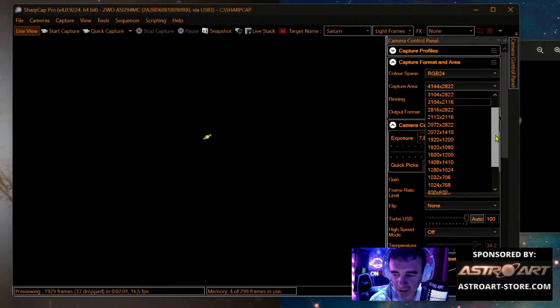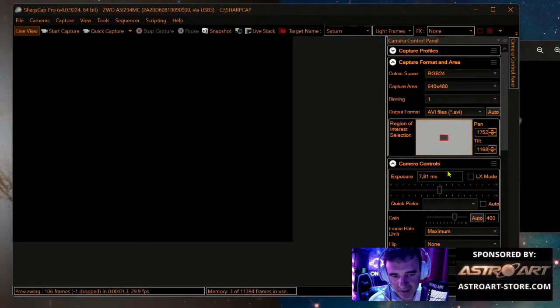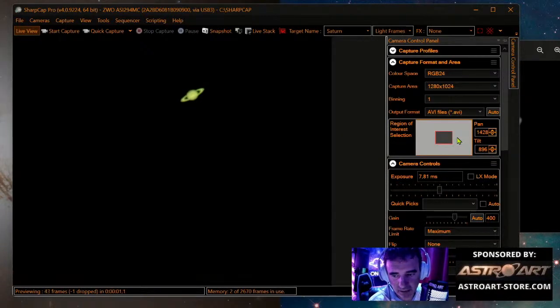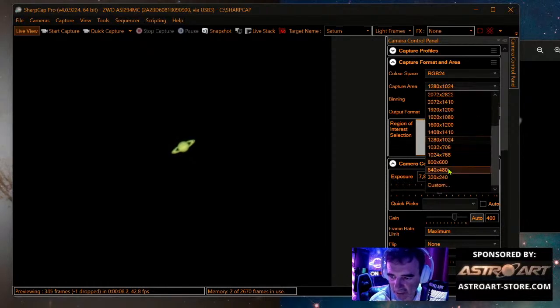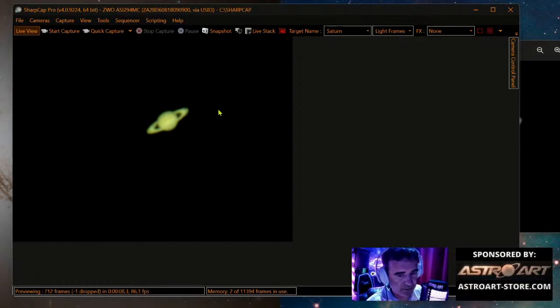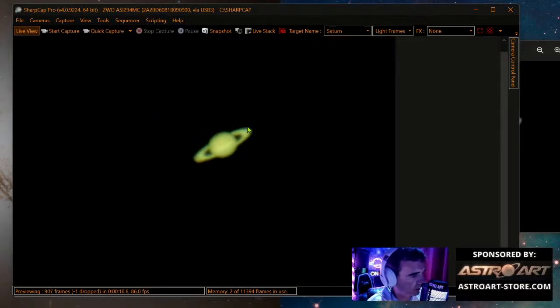Lower again. You see those little things that matter. Small things that matter. 640. I think it was this. I don't know where it is. Going up again. Okay. I recenter and I lower again the region of interest, the capture area, to 640 by 480. It's small. Just for you to see it better. Like this.